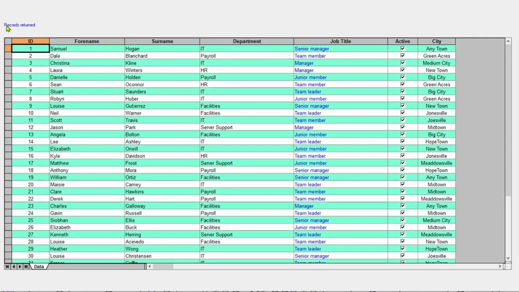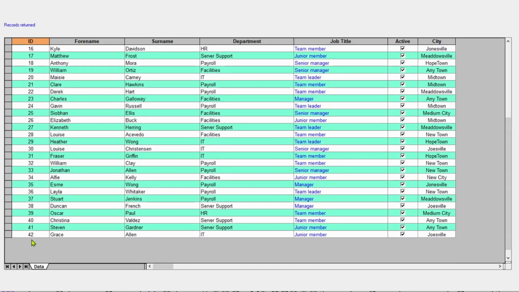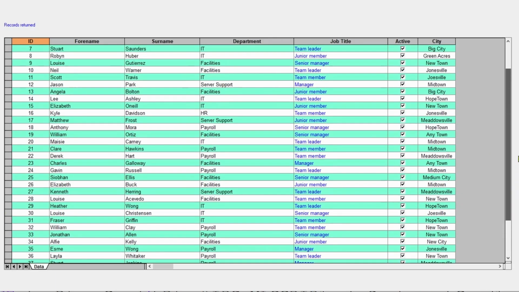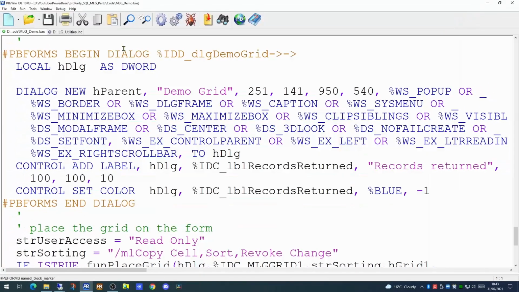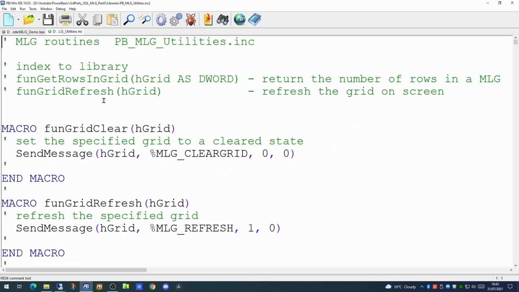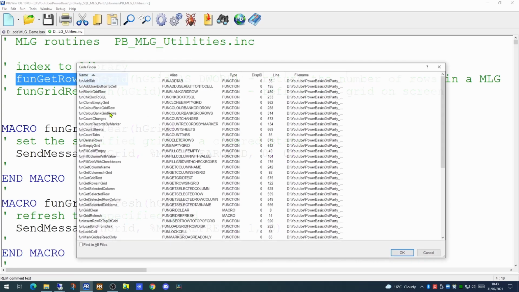All we need to do is amend the value of this label when we get the result back from the grid. We can see from our grid, since we're using the ID column as a unique identifier, that there are 42 records. Now we need a nice easy way of returning the number of rows in every single grid. If we have a look at our My Little Grid Utilities library, I've started to build an index to the library as we start to use these functions. Now we have a pre-built function called getRowsInGrid. If we have a quick look at that one,